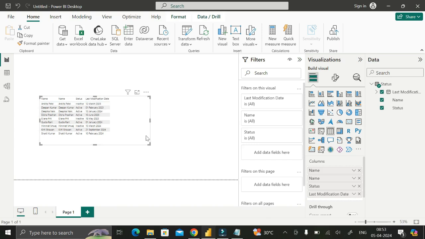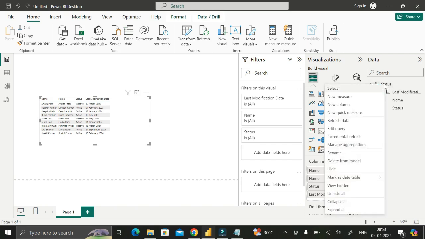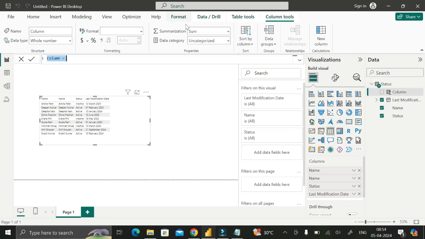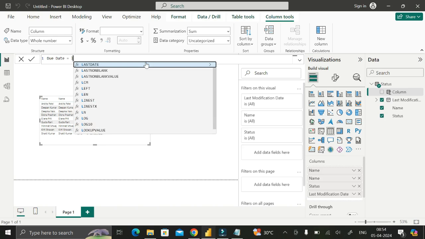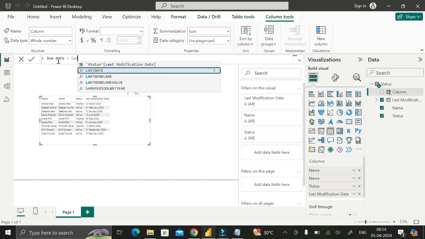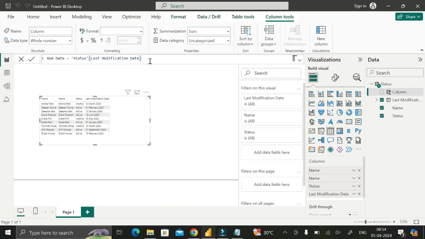So now to create another column called the due date, what we can do, just right click on this particular table, then click on new column. Okay, then here you can rename it as due date equals last modification date. As per our requirement, to calculate the due date, we have to take last modification date plus 30, right? Then click enter. And now here you can see we have successfully created another column called the due date,